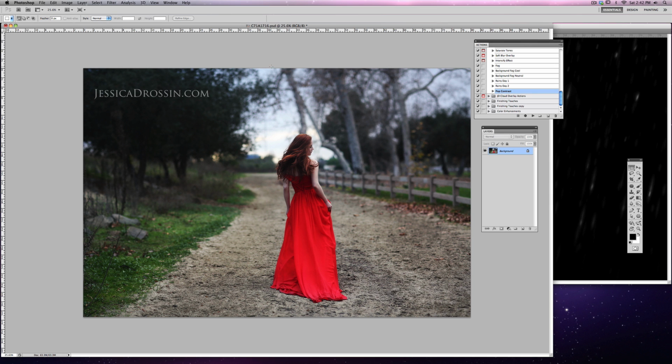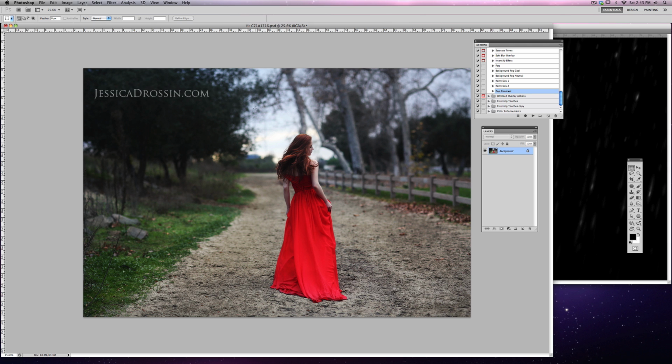Today I'm going to show you how to use the rain overlays from my new Forces of Nature set. This is a photograph that I took earlier this year of Elise, and it was raining. Her dress is wet, it's muddy, her hair is wet. However, the rain was so fine that in most instances I couldn't capture it in camera. So I had to explain all of the wetness and mud in post-process, and so I developed rain in order